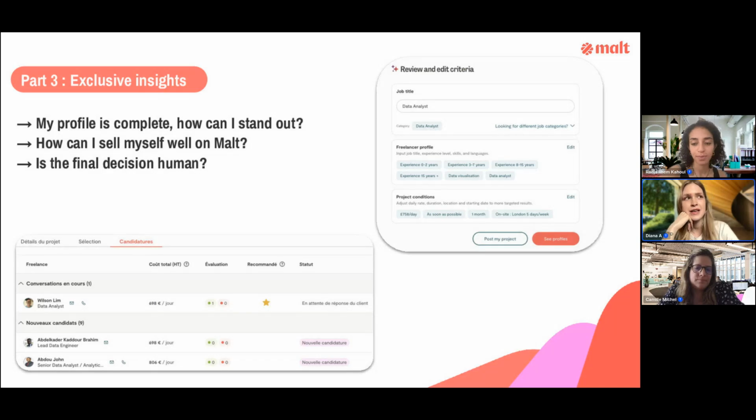Perfect. Yeah, I think the main takeaway is to think like a client that is not really sure what specifically he's looking for, but might know the idea of what he needs to build. Because we want to keep the human aspect of the profiles. Obviously, we don't want it to be a static CV, as you both mentioned in the beginning. And the final decision, well, I'm not sure if I'm jumping the gun, will always be the client who chooses the profile in the end. So it has to be the human profile that is analyzed by our algorithm to match the human client. So the human aspect will always be there.